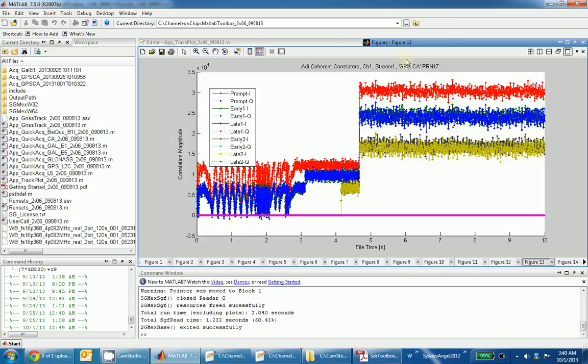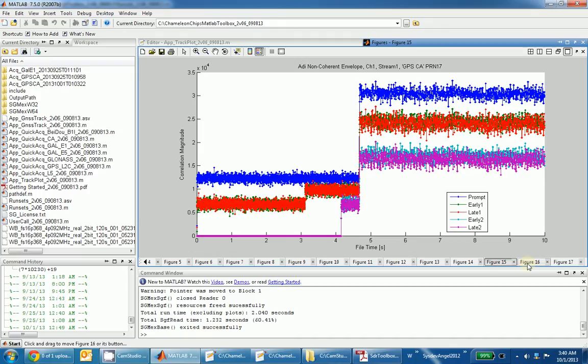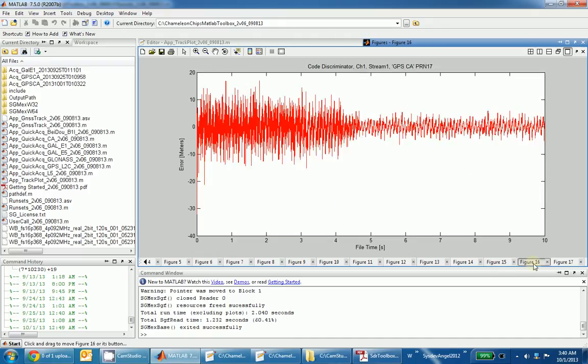And you see that here as well. So these are the coherent correlators that are used to actually form the delay lock loop discriminator. So over here we should be able to see, yeah, this is the code discriminator, and so you can see here that it's pretty noisy, and then when we go to